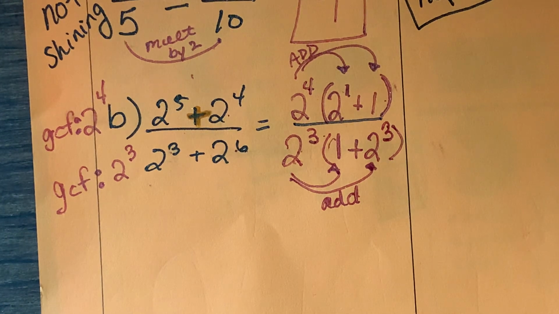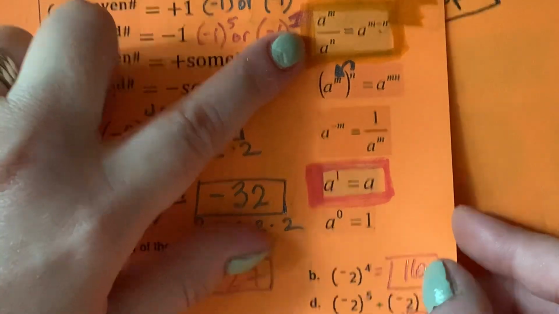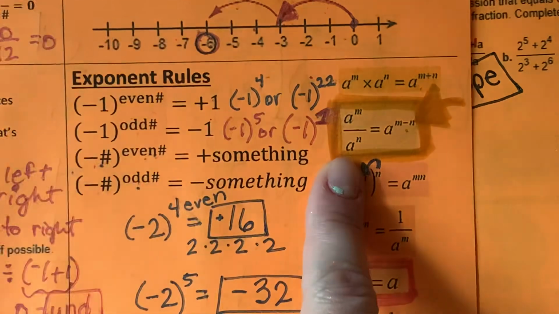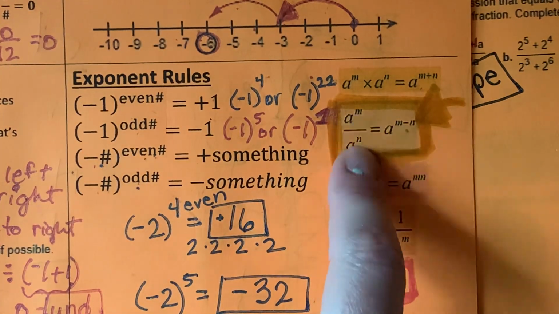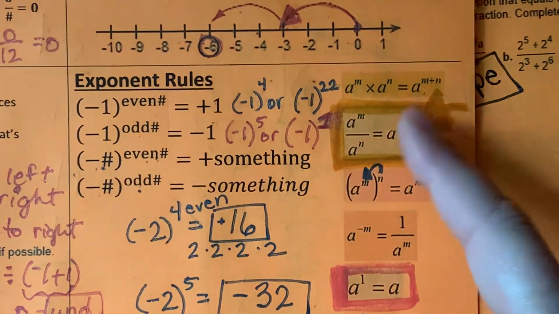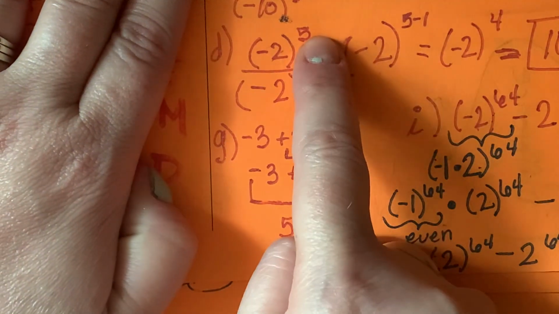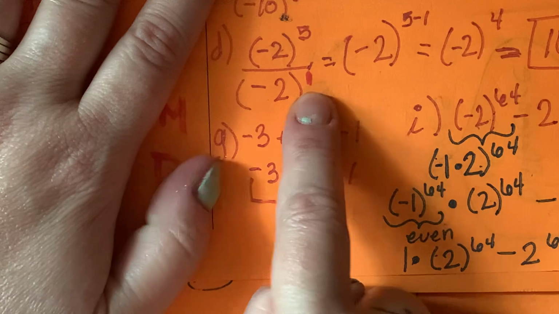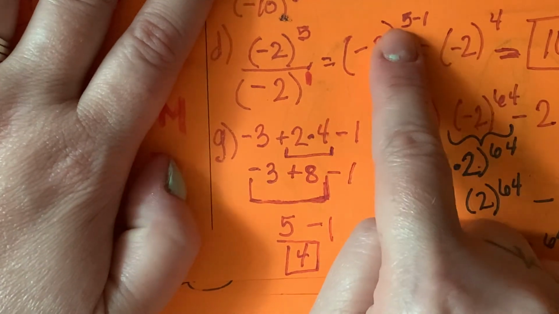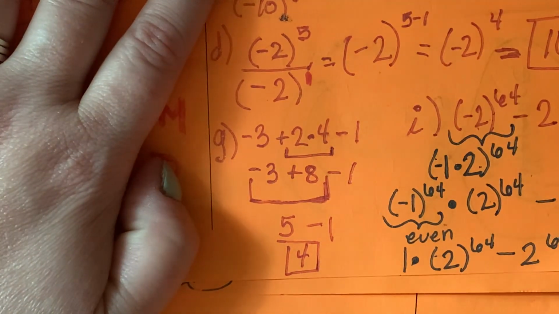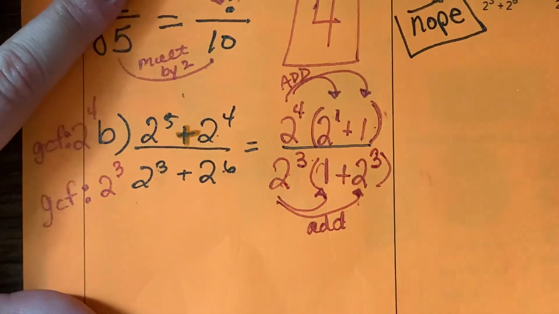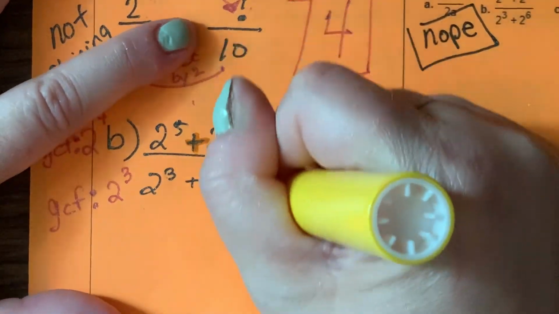If you remember back to our exponent rules in 5.2 and several other places, if you have the same base on top of each other, you can subtract their exponents. Kind of like here. 2 to the 5 over 2 to the 1 equals 2 to the, subtract exponents, 5 minus 1. So that's what we're going to do here. We're dividing this 2 to the 4